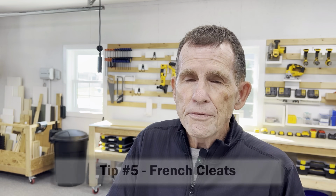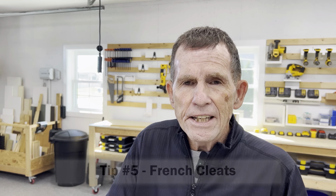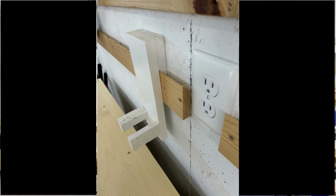Tip 5 is French cleats. Now, if you haven't heard about them, look at the link I have in my description on what are French cleats and how do you make them. They're an amazing, simple way of providing a method to hang things on your walls. Essentially, I took 1x6s, split them in half with an angle on my table saw, and that created me strips